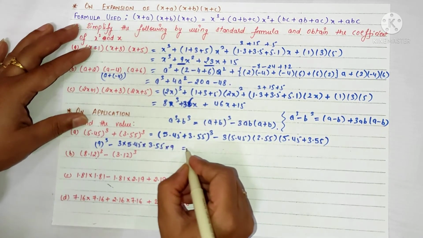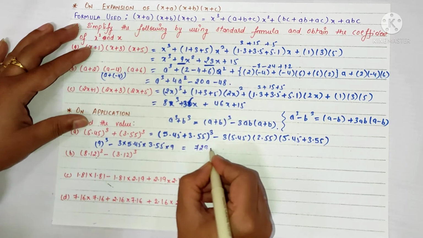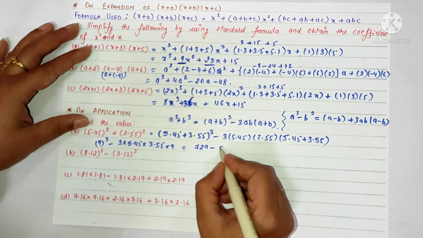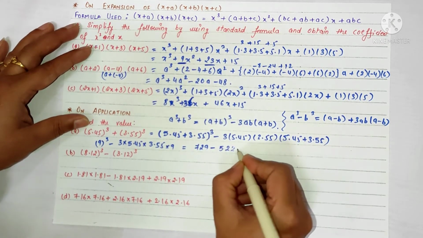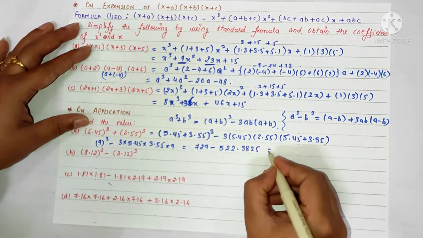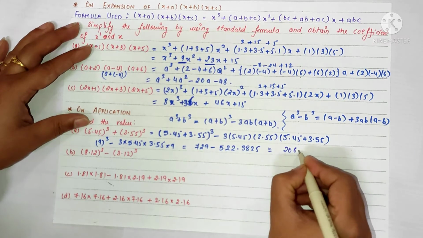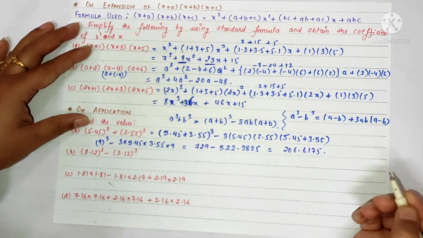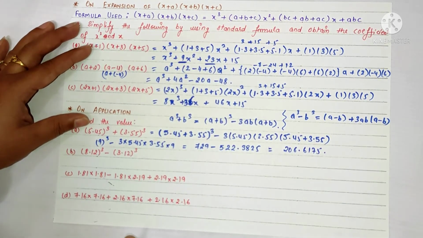So on solving this, we'll get 729 minus 522.3825, and on subtraction we'll get this as 206.6175. Hence this is the solution. Next is